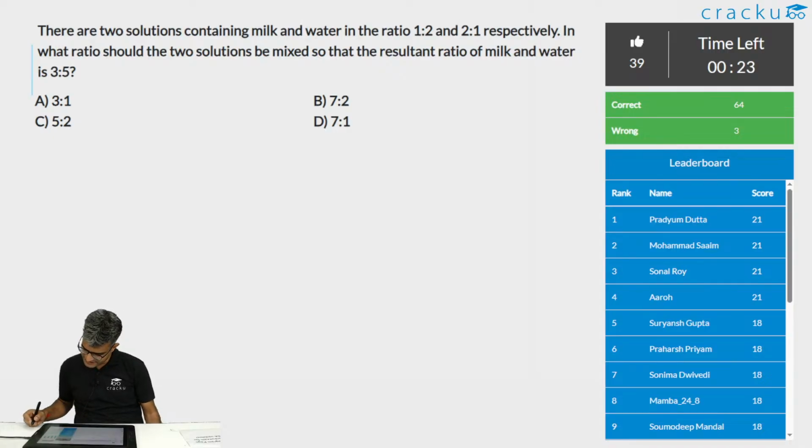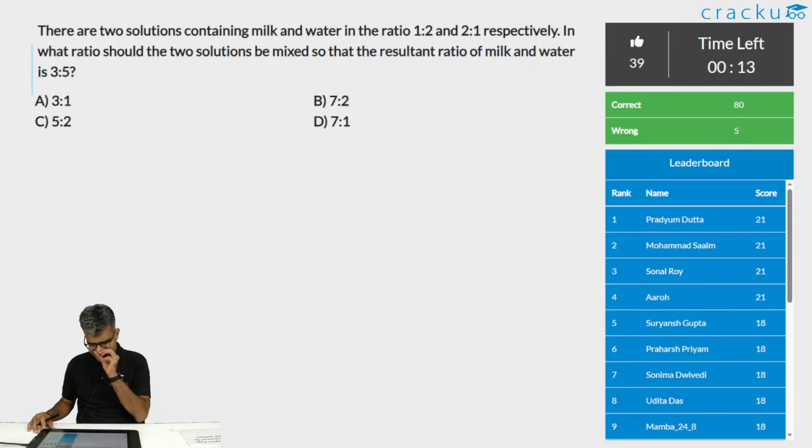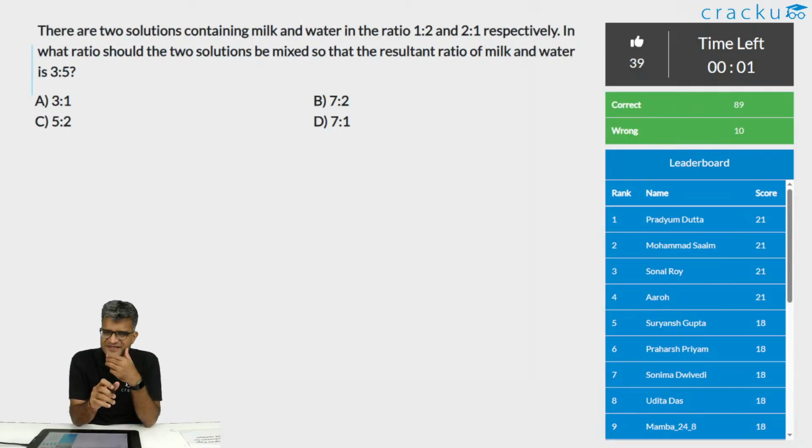Sir, can this be done like, as the question is based on ages of A and B, and 3 and 5 are the ratio, so we can decide the answer by the multiples of 3 and 5 being the answer? I think that is okay, but normally I don't like solving it with these kinds of tricks because our accuracy will suffer. Sometimes we might feel that this is the correct answer, but if you don't arrive at the answer, we might be making some silly mistakes.